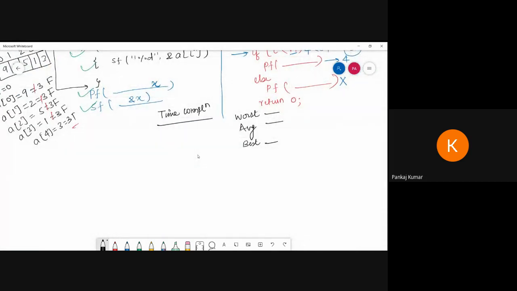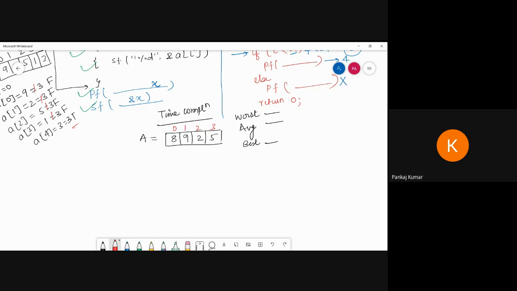These three things we are going to discuss: worst, average, and best condition. So suppose this array is given, and for the time complexity I am going to write it like this. Suppose the array is 8, 9, 2, and 5, and the index values 0, 1, 2, and 3 are given.